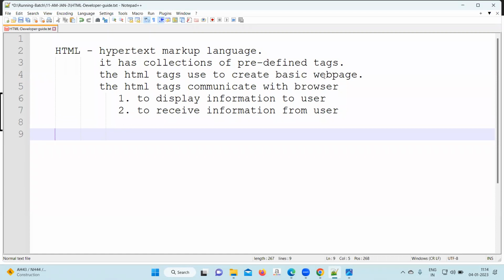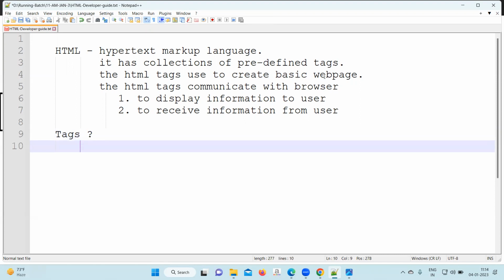So we got some idea that through HTML we can create the basic page. Tags will be there. Now, the tag is going to come to the next point. Okay. What is the meaning of tags? Okay. So it says like